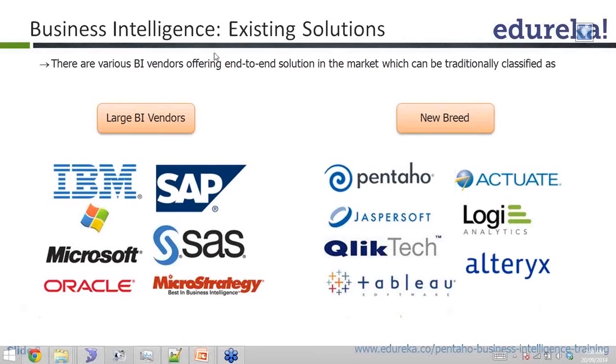So that is called horizontal scaling. Okay, so on the right side, new breed. So Pentaho, Actuate, we mentioned it is built around BIRT open source. Actuate is a commercial vendor. Then Jaspersoft again started with open source, right now with